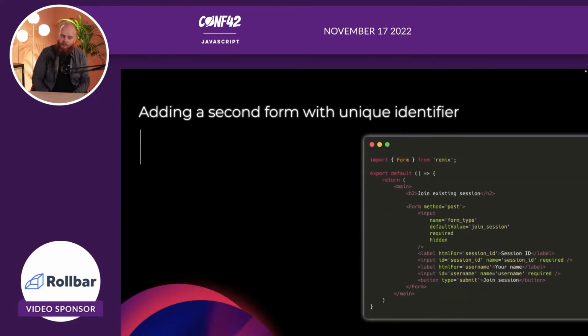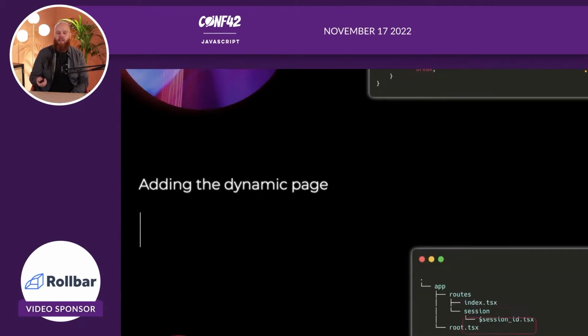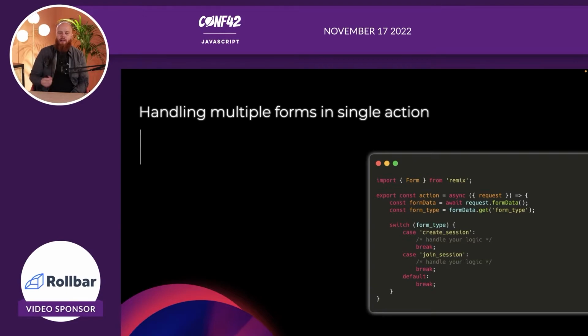Well, no, you don't. So we need to use an old trick that some of you might remember, which is just a hidden input. So for instance, in this hidden input, we can say, well, the form type is join session. And for the other one, we say the form type is create session. And then what we can do is when this information comes in on the action, we can say, okay, well, get that form type from the form data.